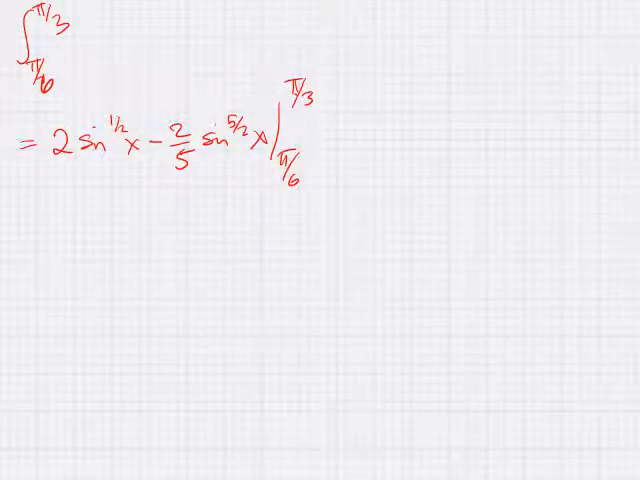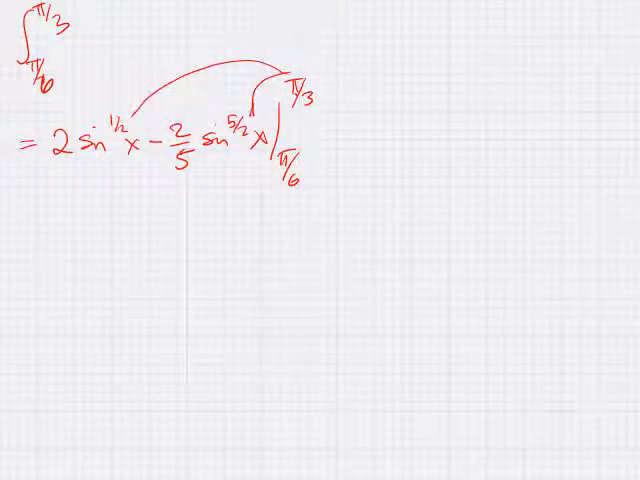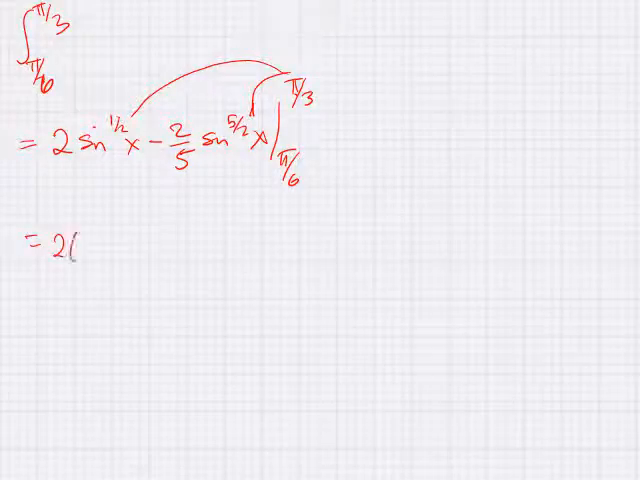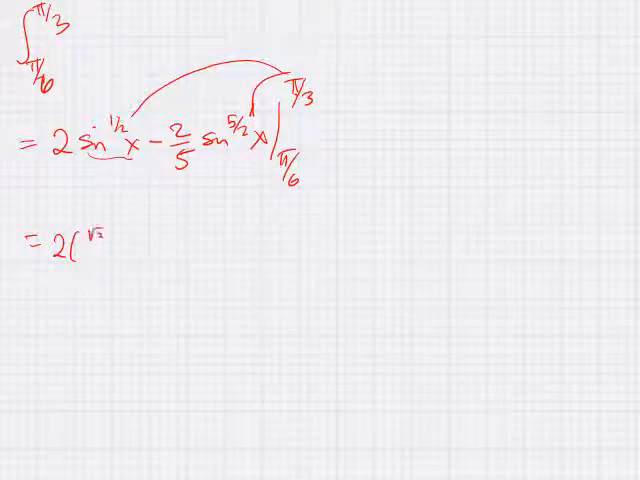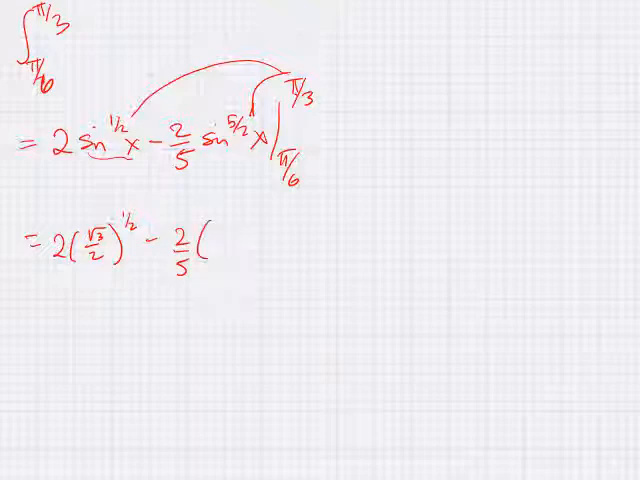That's all. I mean, it's a little insignificant. It's just evaluating, but still, you have to do it. So you plug in the pi thirds, you plug in the pi sixths, and so we end up with 2 times sine of pi thirds. Sine of pi thirds is square root of 3 over 2, to the 1/2, minus 2/5 times square root of 3 over 2 to the 5/2,